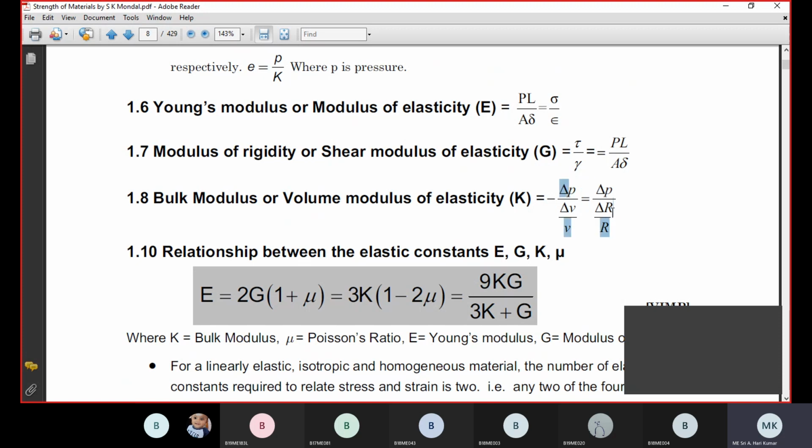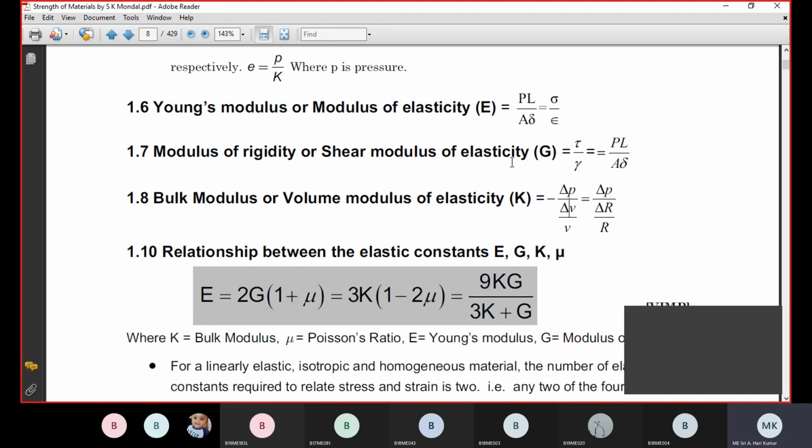We don't look into this formula much. Try to remember delta P. Actually, that should have been P, pressure, hydrostatic pressure. There is no component like change in pressure, but it should have been delta P by ε_V, epsilon V, volumetric strain, delta V by V, change in volume. So the numerator is delta P only, and the denominator is delta V by V. Why minus? Because we are expecting a change as a negative.